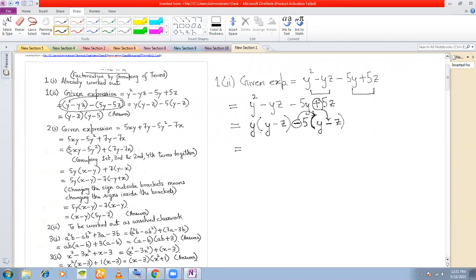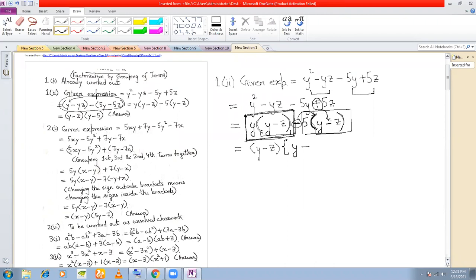Now what will happen? Now you see I have a y minus z here, and I have a y minus z here. So what I'll do is I'll take y minus z out. This is the HCF of these 2. This is one term, and this is the other term. And the HCF of these 2 is y minus z, right? So I take out y minus z. So now from the first term, if I am taking out y minus z from this entire term, I will have to divide this term by y minus z. If I divide this term by y minus z, what am I left with? Only y, isn't it? Minus, and here also I am taking out y minus z.